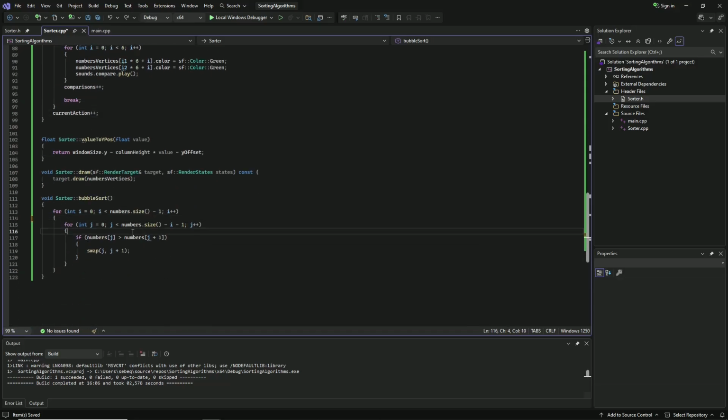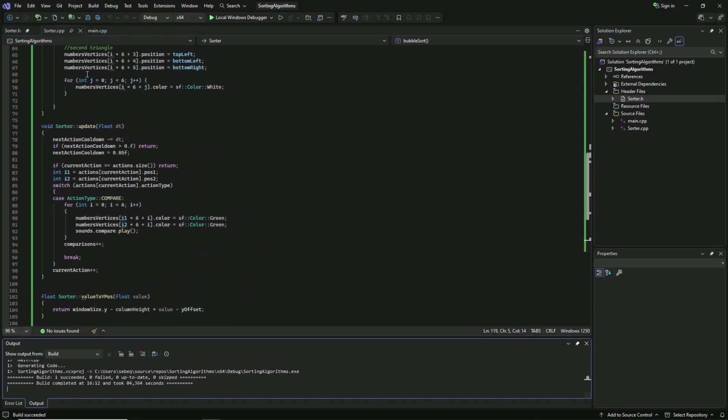In the bubble sort function, I would like to register an action here because we compare this element and this element. And also I would like to create a swap action here. Okay, so before we continue,